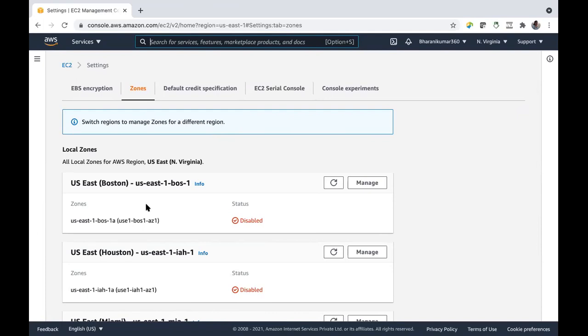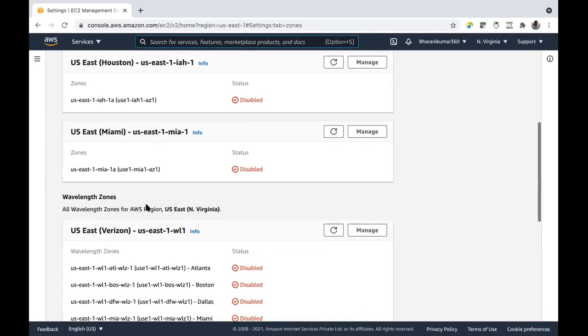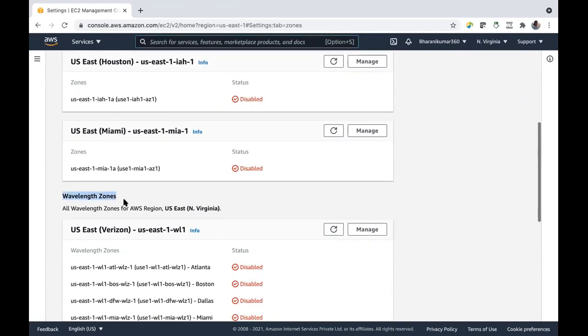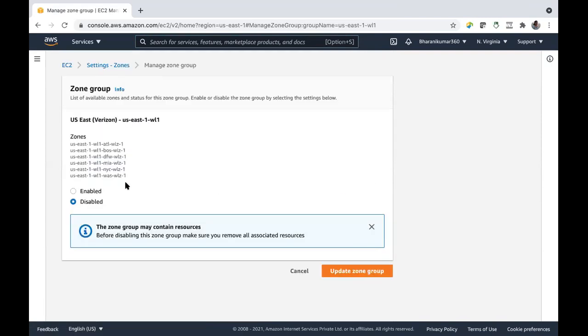So if you want to opt for those local zones or availability zones, you can come here. See, wavelength zones are there, but they are disabled. If you want to launch your EC2 servers in these wavelength zones, then you have to manage and enable them.